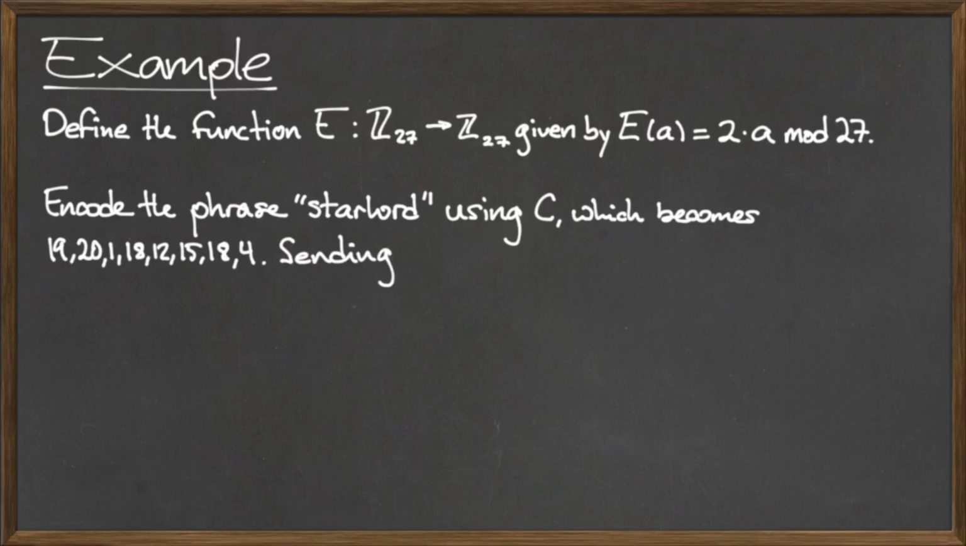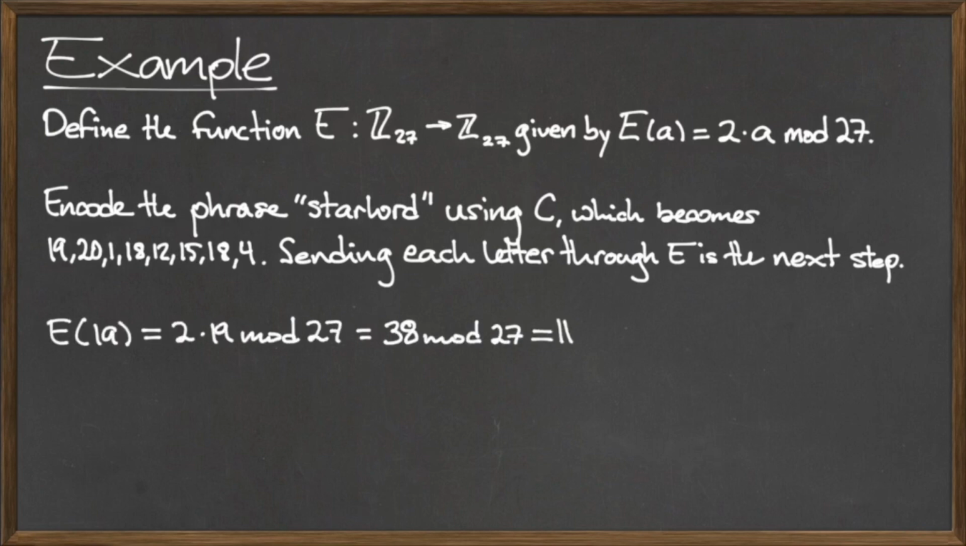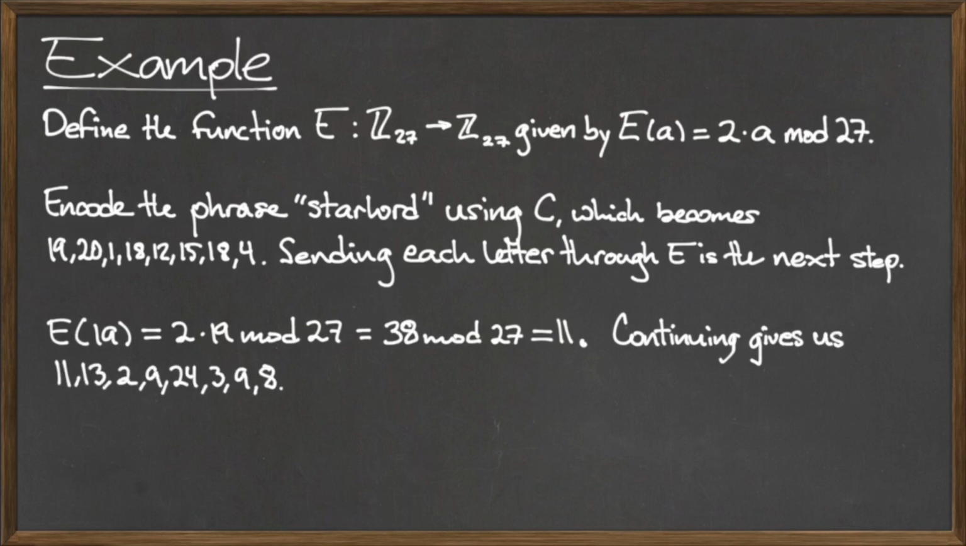Now, to encrypt these numbers, Alice passes each one through the encryption function E. E of 19 equals 2 times 19 mod 27, which is 38 mod 27, which equals 11. Continuing for each of the remaining characters, the phrase Starlord is now encrypted as 11, 13, 2, 9, 24, 3,